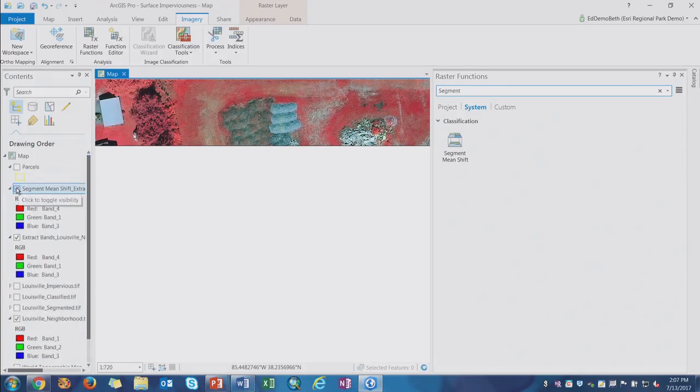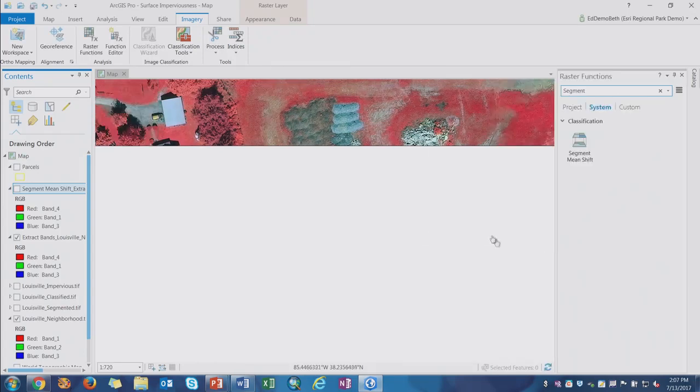I've actually created the segmented image also with a geoprocessing tool and created a physical TIFF image on disk. So once this decides to display, I will show you that. Let's zoom to the layer. There we go. So the segmented image is the